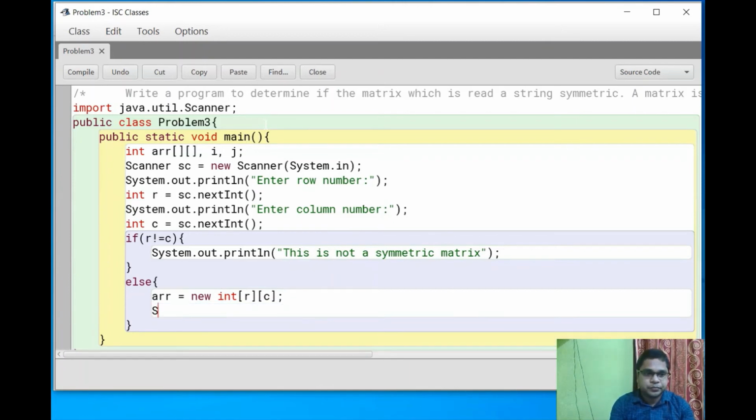Now system dot out dot println, I have to enter the elements of your matrix. So here I am writing down enter the elements of the matrix. This would be row wise.